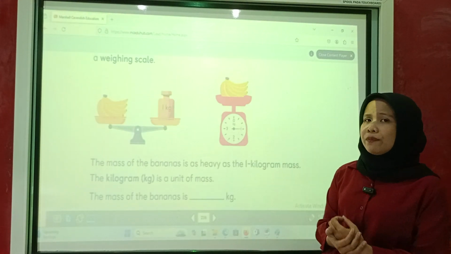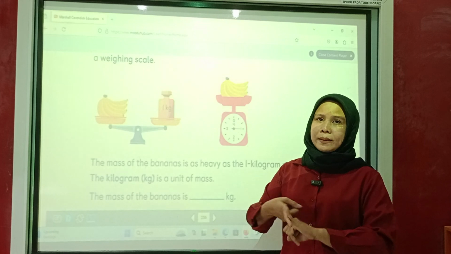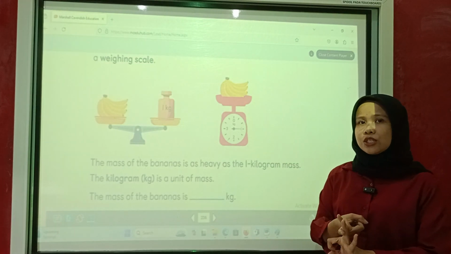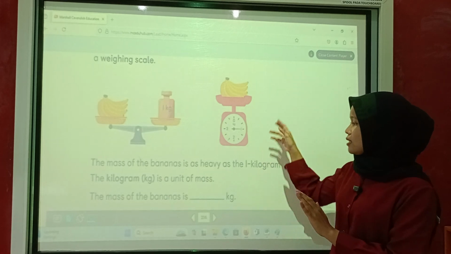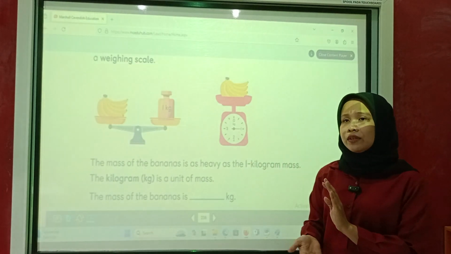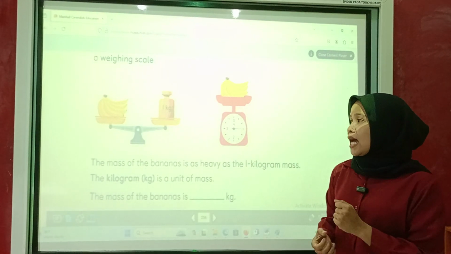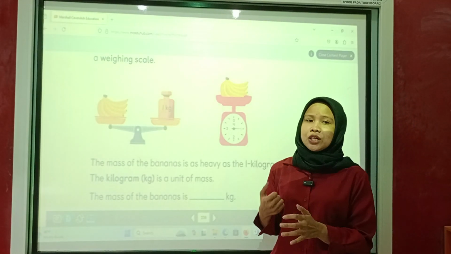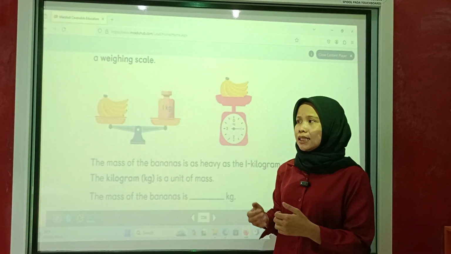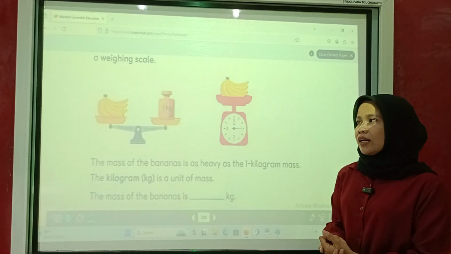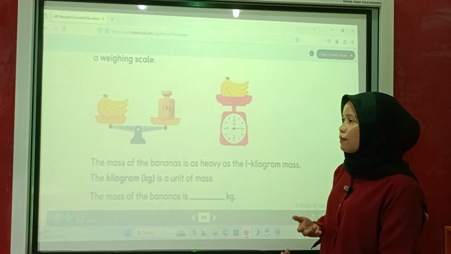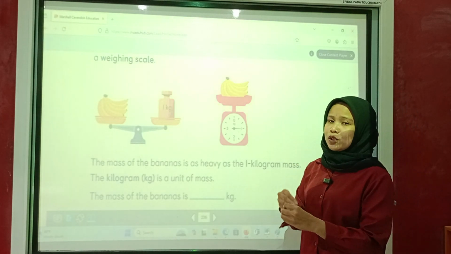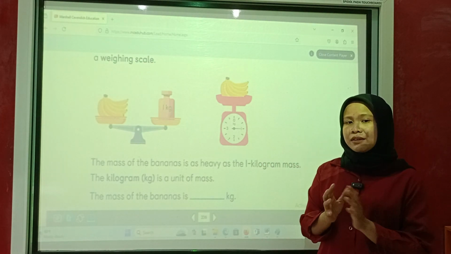And then I will provide the proofs later: the pebbles, the rice, corn, and something like that. So I will show the students, okay, the weight of these things is like this, only 100 grams or something like that. And then I will ask the students to measure their objects like a bottle or pencil case, and I will show the students, okay, their bottle is about 500 grams or something like that. So they should understand the differences between kilogram and grams.